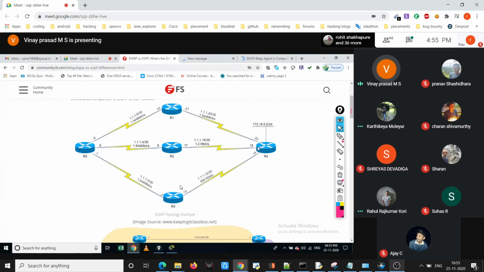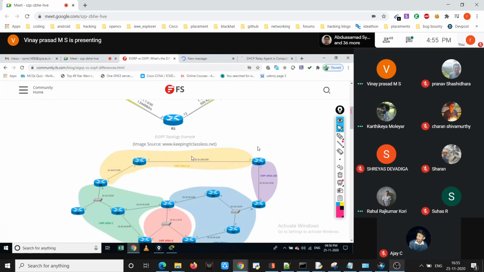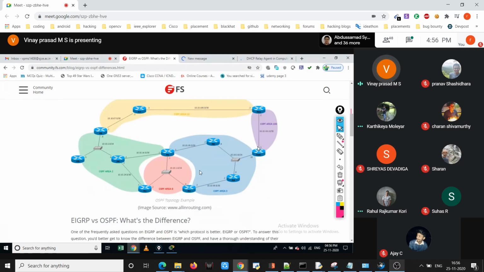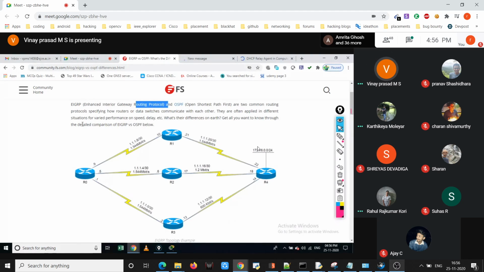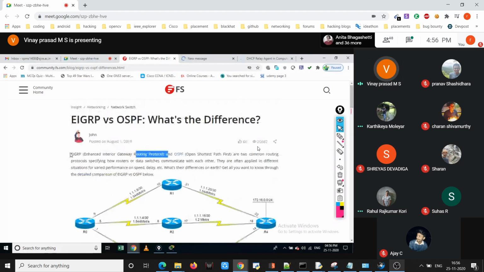in an internetwork, if you want to reach from your source to any other destination, the maximum number of hops is going to be 8. So if you have that idea, and your internal network is not going to have more than 255 hops, then you can think of using EIGRP, which would be better in your organization for